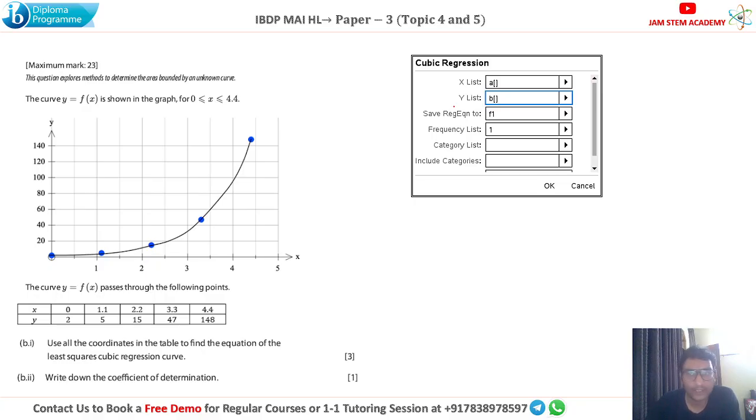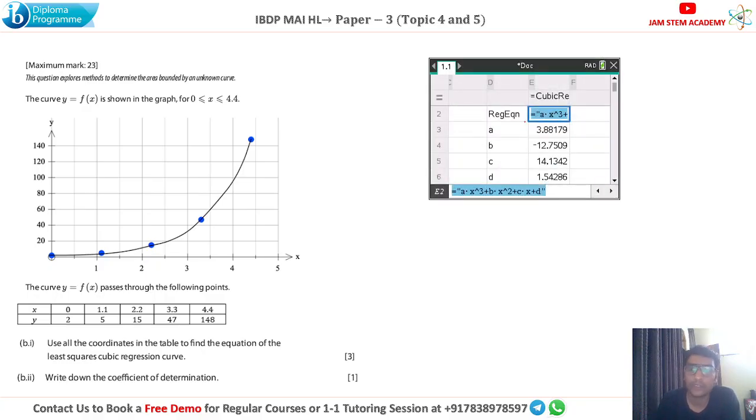Next, hit enter and you will get the cubic regression. The cubic regression is ax cubed plus bx squared plus cx plus d, where the values of these coefficients a, b, c, d are given in this column. So in this way we can find the cubic regression equation. So what is the cubic regression equation over here? It is this, I'll write here, it is going to be 3 point